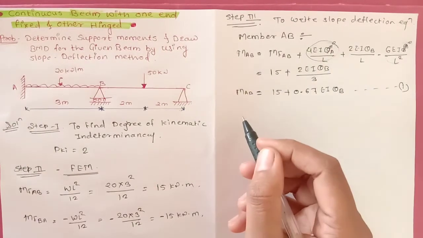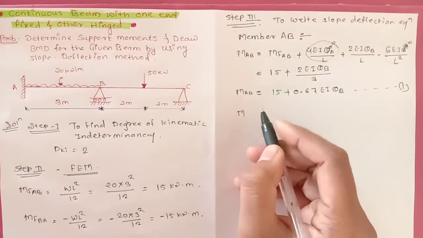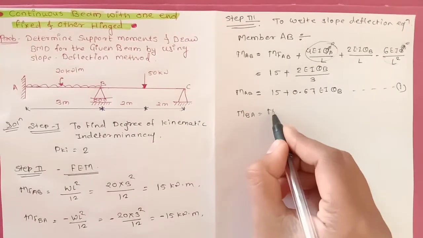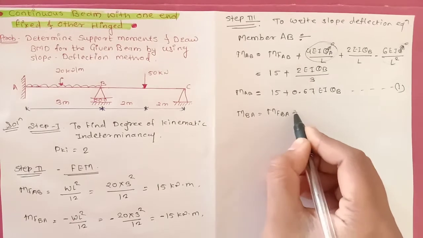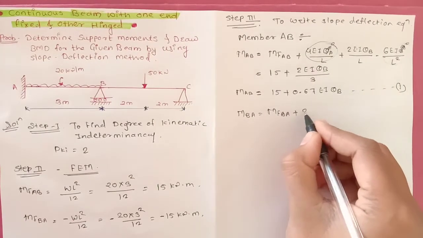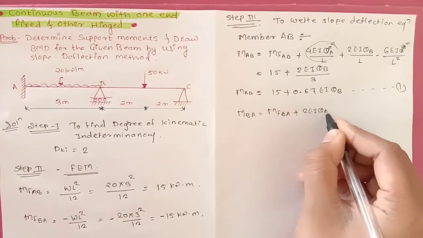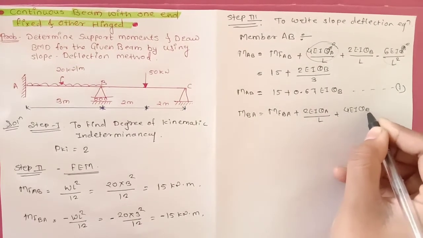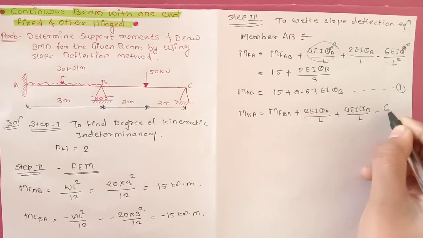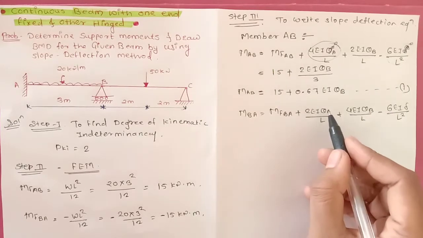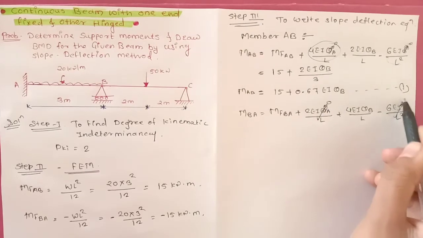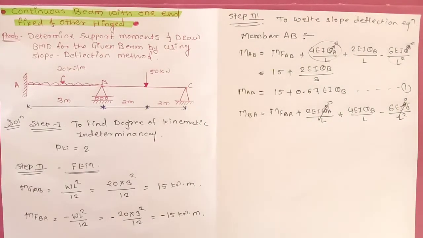Then next, for member BA, the formula is fixed moment for member BA plus 2EI theta A divided by L plus 4EI theta B divided by L minus 6EI delta divided by L square. So here theta A value is 0, so that whole term is equal to 0, and the delta term is also equal to 0. So remaining is